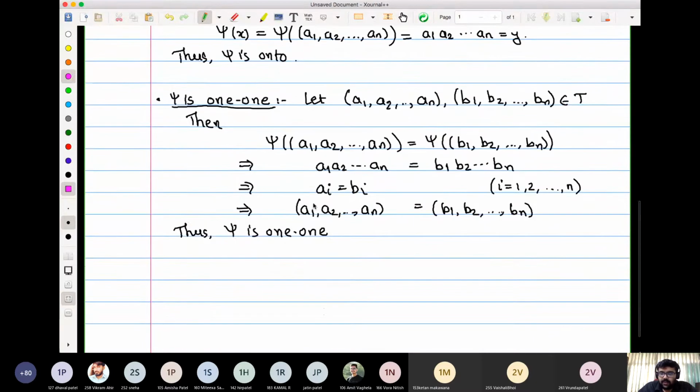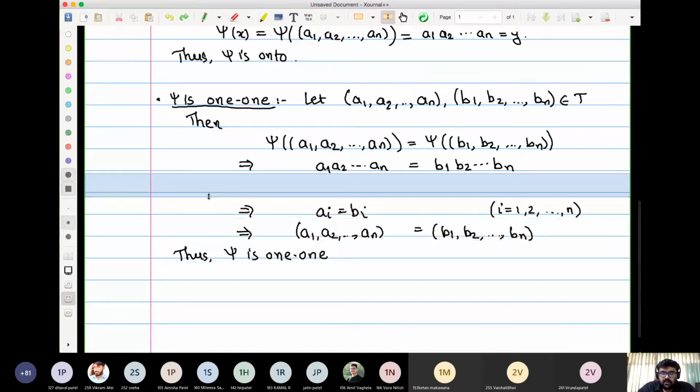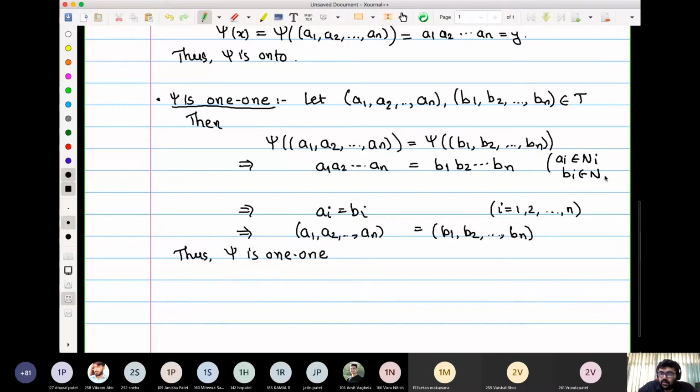What we have here, I can add one more space here. Since Ai belongs to Ni, and Bi also belongs to Ni. Right? So since G is an internal direct product,